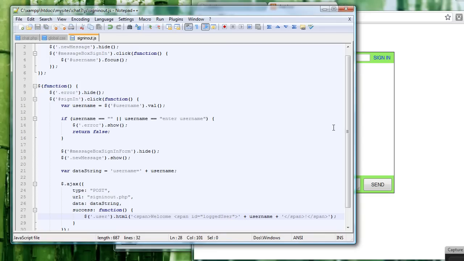And then I want to create the sign out button, which is basically all it's going to do is refresh the page. So I'm going to create a link tag, and I'm going to give it an ID of sign out. And on click, I want it to basically refresh the entire page. So window, so this is a bit of JavaScript here. So window location